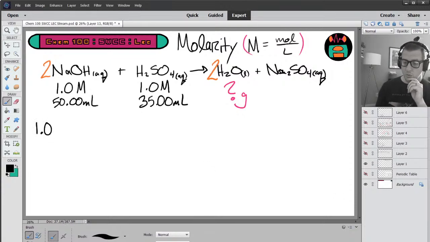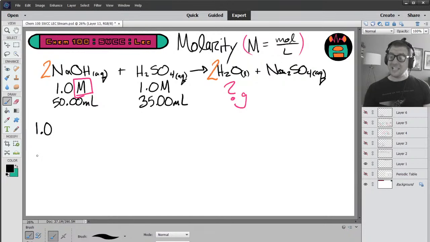Pro tip, whenever you're given molarity as a unit and you need to do stoichiometry, it's better to just write this as a numerator and denominator. I find when I write that capital M, it's easy for me to forget that there's even a denominator there. So it just becomes clearer if instead of writing a capital M, you write this as